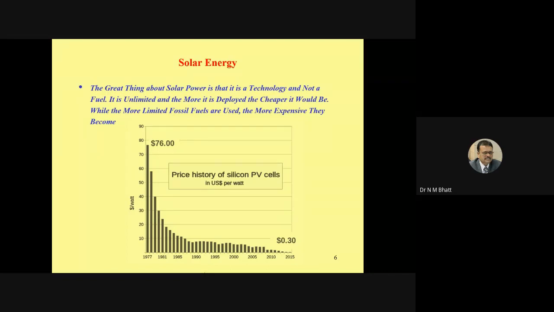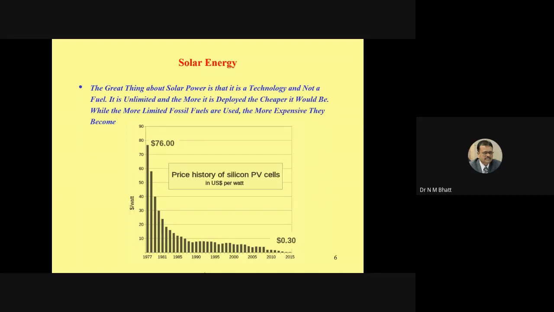You can see that the cost has reduced by more than 225 times. Even those who have experience of about 10 to 15 years will remember that before 10 to 15 years, the cost of solar PV in India was in the range of 115 rupees per watt to 150 rupees per watt. And now the solar panel is available in the range of 45 to 55 rupees per watt. So the facts and figures represent that solar energy is a technology.